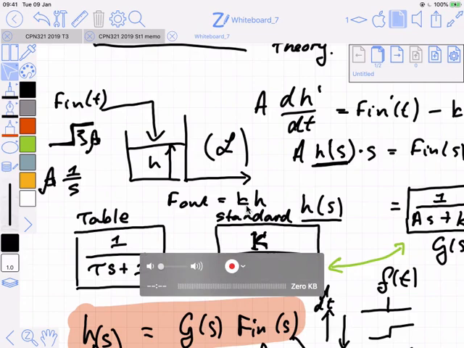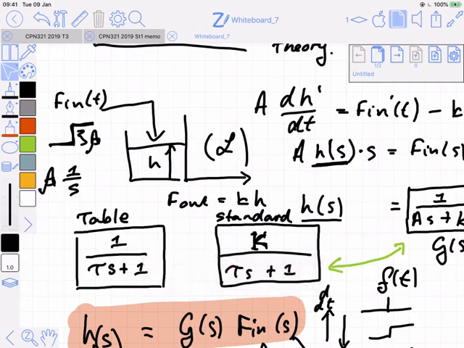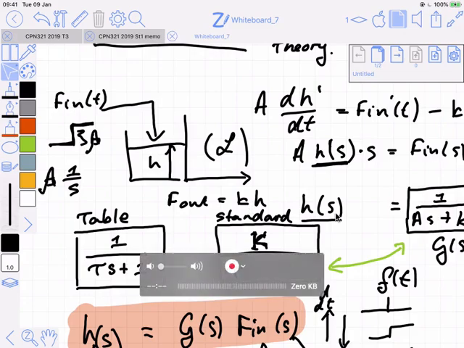Now we are effectively filling a bucket with water. Okay? It's now no longer a tank that eventually will find a level. It will just continue filling up indefinitely. Now, such a system, if you go through the math, you can easily see